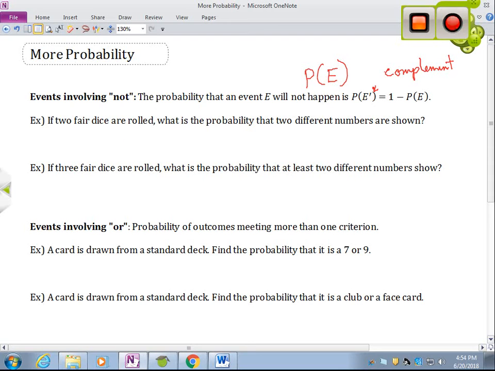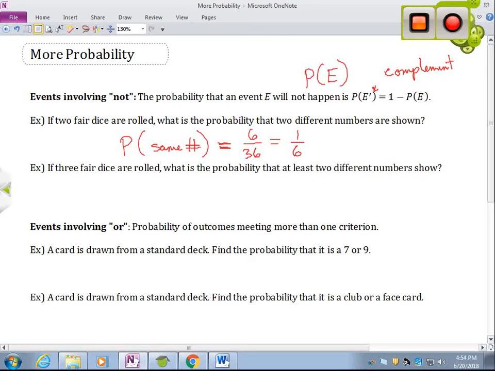So I'm going to say, what is the probability that we have 2 of the same number showing? And from that dice chart, I remember that I could have a 1-1, 2-2, 3-3, etc. Sorry, my pen is not very accurate here. 1, 1, 2, 2, 3, 3, 4, 4, 5, 5, 6, 6. Those are the only options. So there are 6 favorable outcomes of having the same number out of the 36 total options, or we could reduce that to 1/6. And that's the probability that we do have the same number.